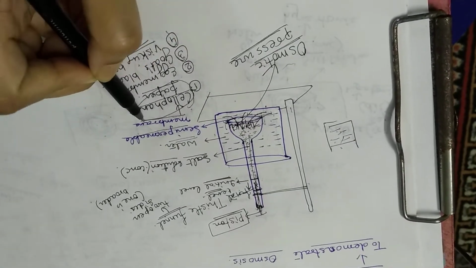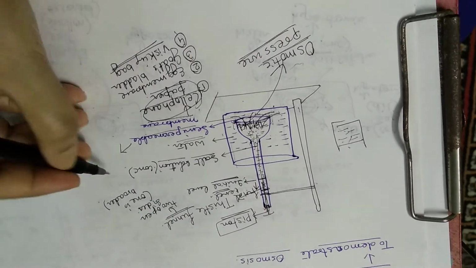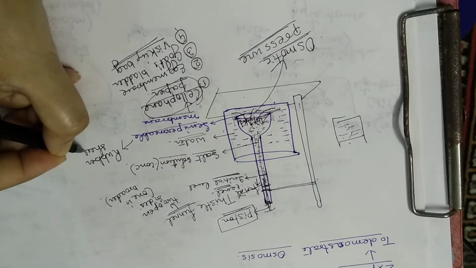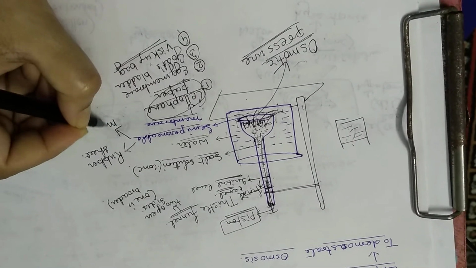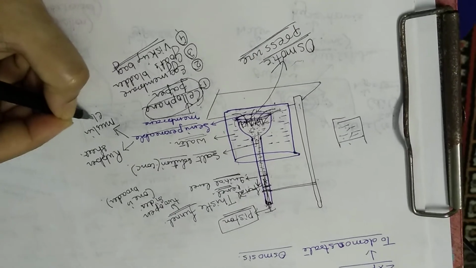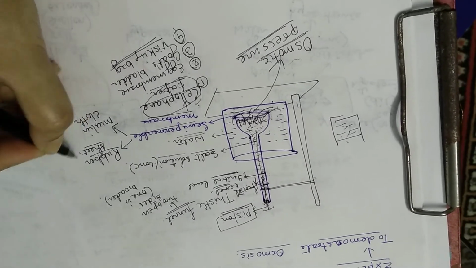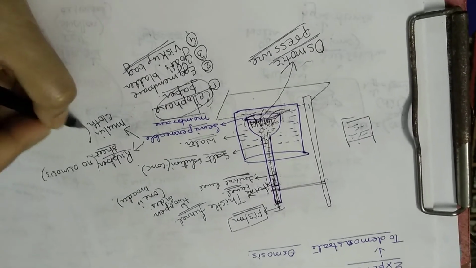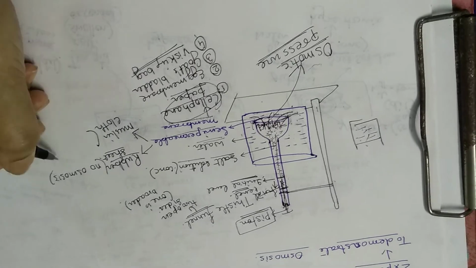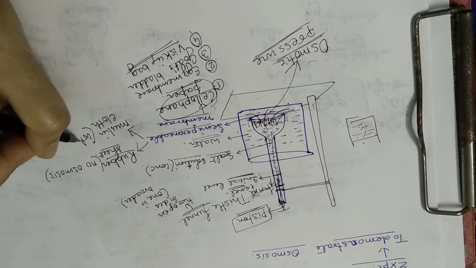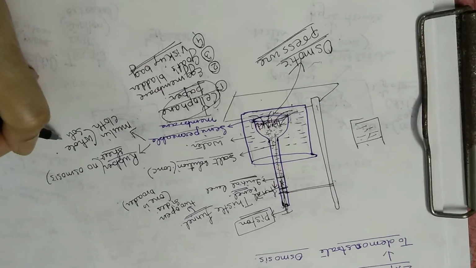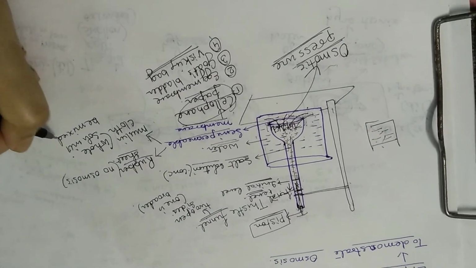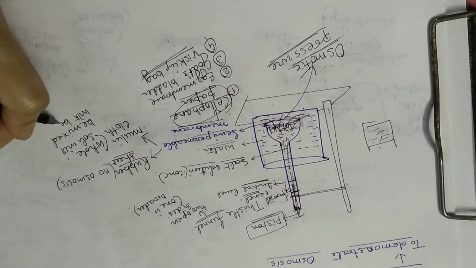This semi-permeable membrane can be replaced by other membranes: one is a rubber sheet. The rubber sheet is totally impermeable. It can also be replaced by muslin cloth. Muslin cloth is totally permeable. So when we take the rubber sheet, there will be no osmosis. And if you take a muslin cloth, there will not be any osmosis taking place, but the whole solution will get mixed with the beaker water.